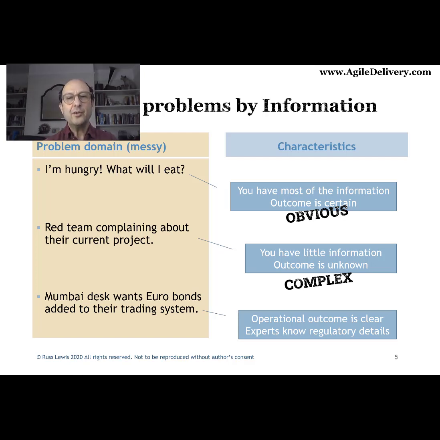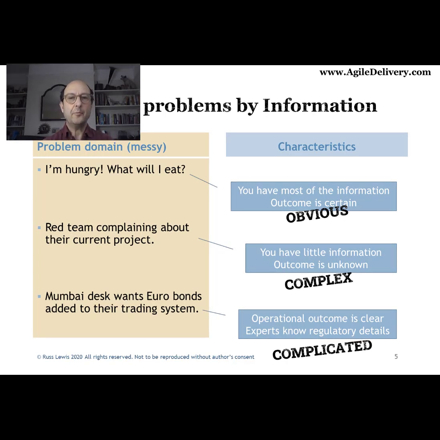The right thing to do is to get experts in and get more information from those experts. And once we've got that, then we can start to use plans because we know the technical requirements. We know how to do this technically. What we don't know is the local details for this implementation. So that we can classify as a complicated type of problem. So already we've got these three problem domains.